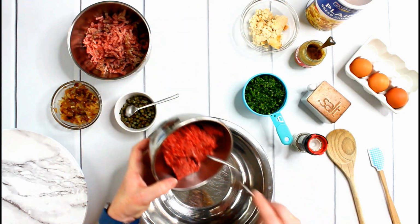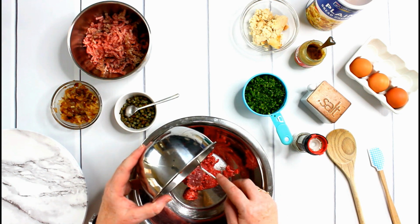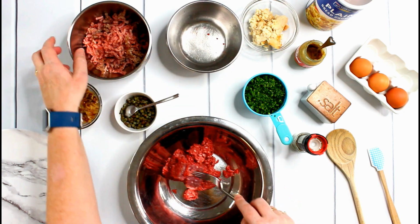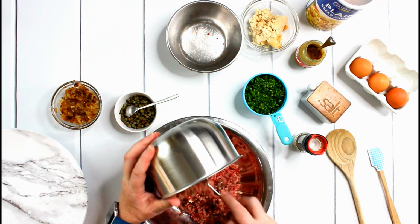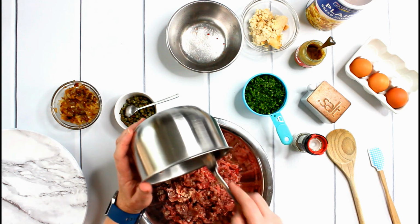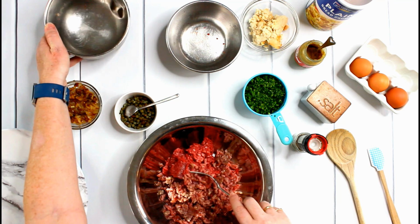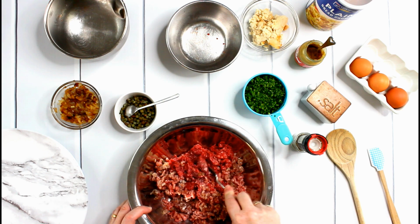Königsberger Klopse are a sort of meatball in a white sauce, and they're usually eaten with potatoes or rice as a side. I will start with the meat, and I have 200 grams of ground beef here, and I also have 250 grams of ground pork. And in Germany you can buy this already mixed as a mixed meat, and here I had to grind my